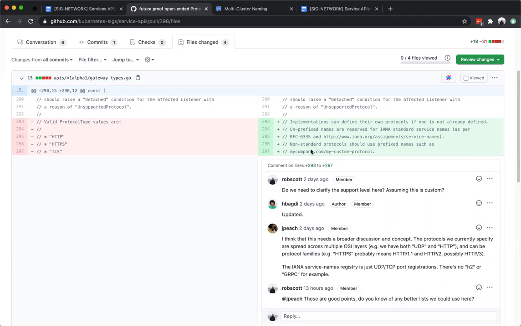Obviously, with this approach, you can always do acme.io/H2 or gRPC or whatever it might be. But it would be great if there were some kind of standardized list that included these things as well.